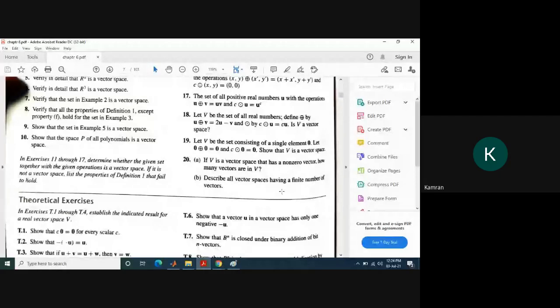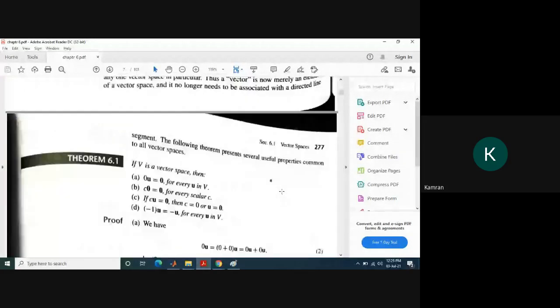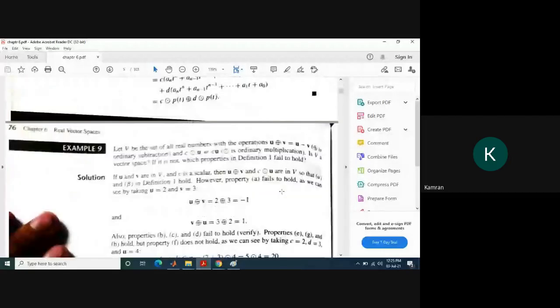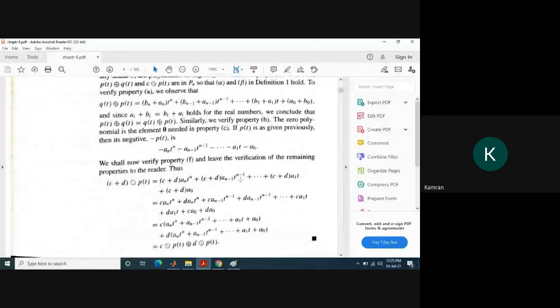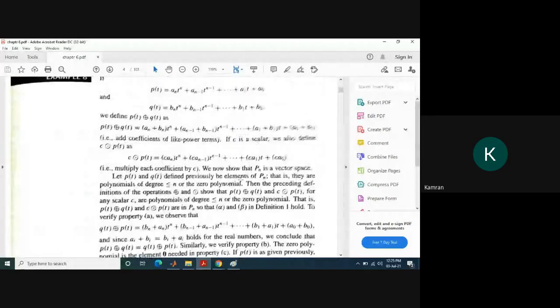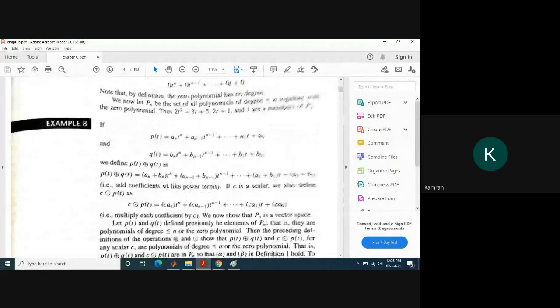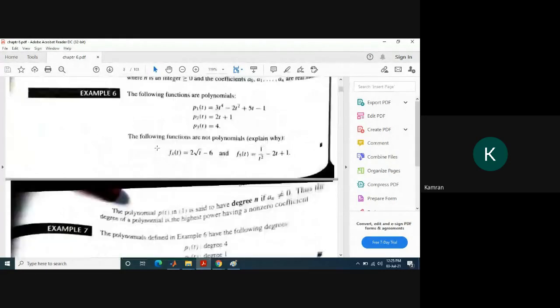For example, the set of all polynomials having degree less than or equal to 3, so these polynomials are finite. The set of all matrices whose order is 2/3, मतलब जिसमें 2 रोज हैं और 3 कॉलम्स हैं, इस तरह का वेक्टर स्पेस है, this set is finite. ये जो दिया है ना कि Pn is a vector space and it contains all polynomials whose degree is less than or equal to n, so it is a finite vector space. Example number 8 and example number